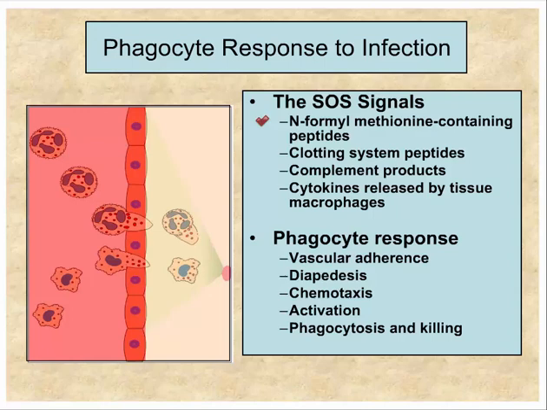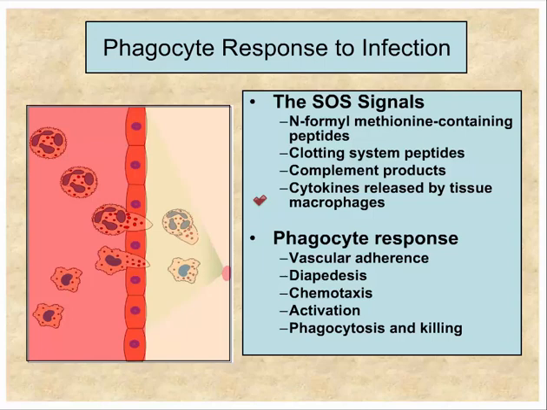But this is not the only SOS signal. There are components of the clotting system that can be recognized by these cells and alert these cells that an infection is going on or that the skin barrier has been compromised. And we're going to see that many of the components of complement actually also participate. There are receptors on the cells for complement components. And this is a signal that complement has been activated, something's going on. This is a warning signal. And then various cytokines released by tissue macrophages or by other cells will actually activate or alert these cells that an infection is going on.